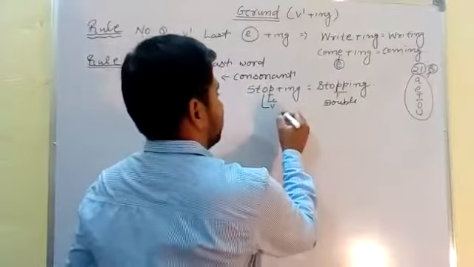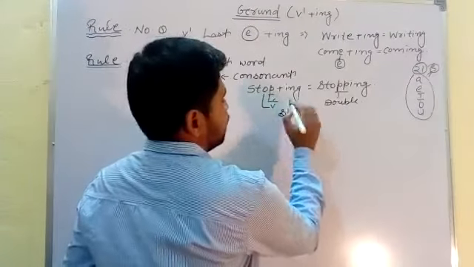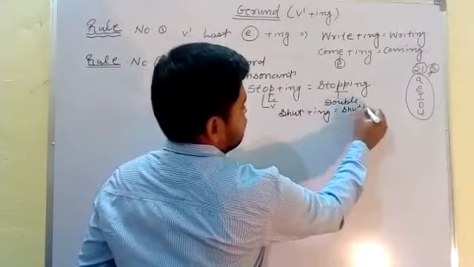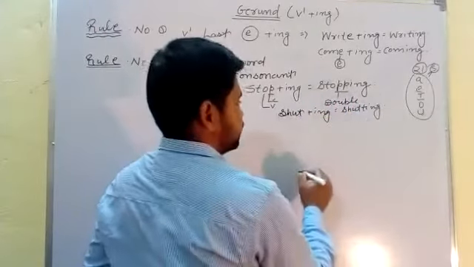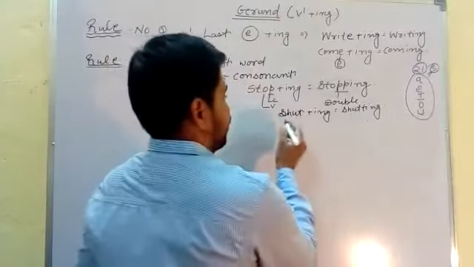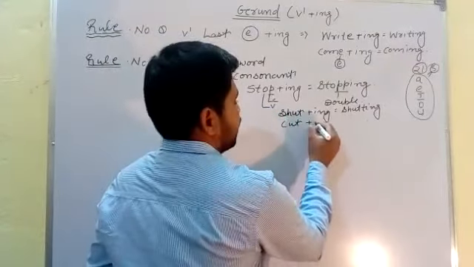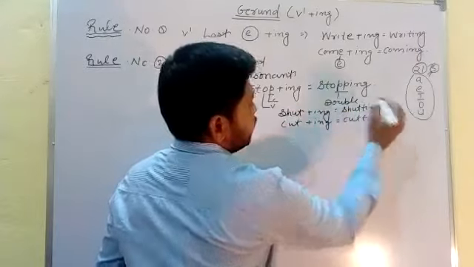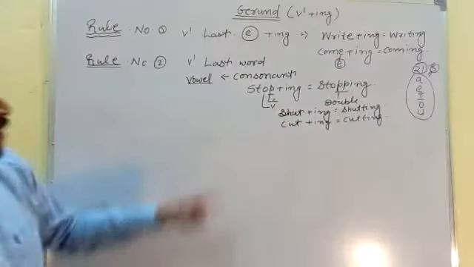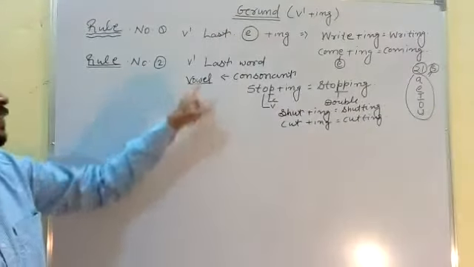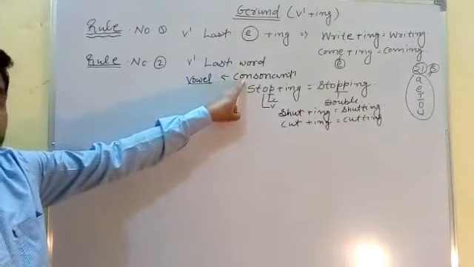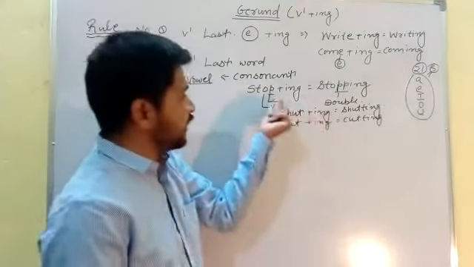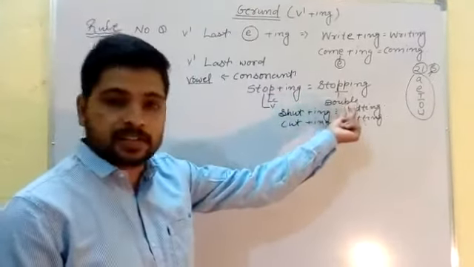For any other example, if you find shut, then we use the ing. What is the spelling? Shutting. If you find any other example, cut, then we include the ing. What is the spelling? Cutting. This type of example, I think you understand very well. If we find any verb ending in a consonant and before the consonant a vowel, when we use the ing we double the consonant and the spelling is different.